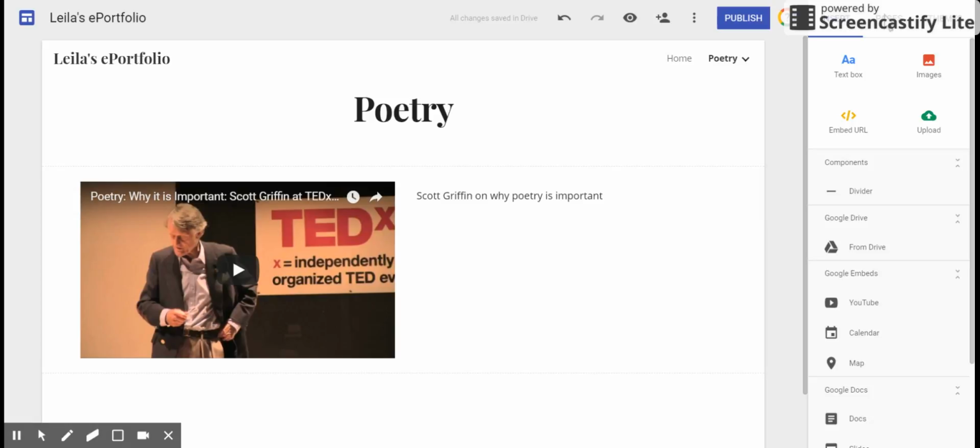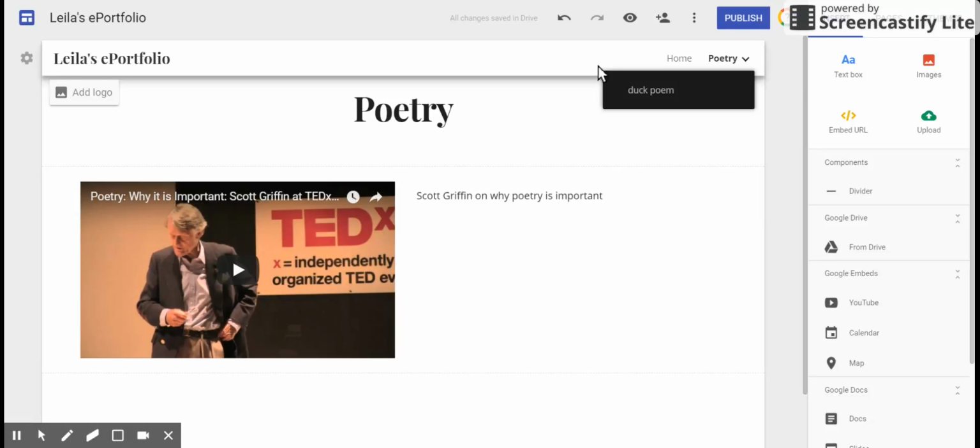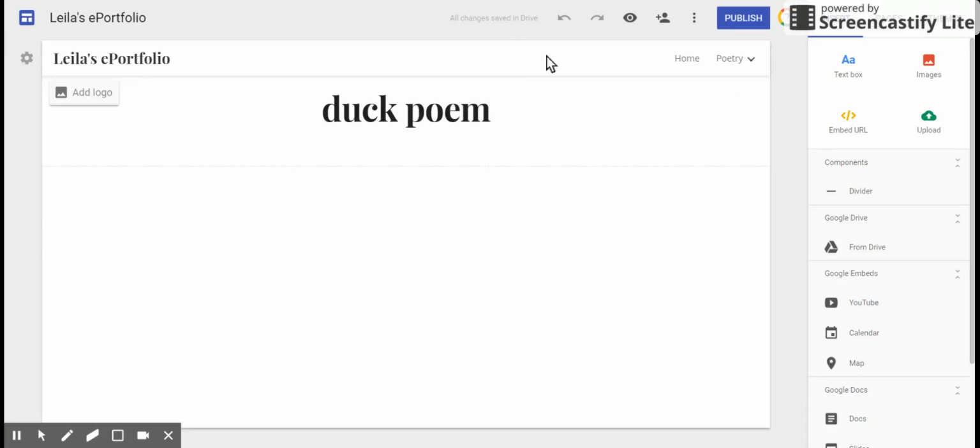Well, the last thing that I'm going to be, one of the last things that I'm going to be showing you today is how to embed a document. Now, if your students are trying to show their work, it's probably best that they don't have to click through links to get to their work and show their work. So the way that you embed